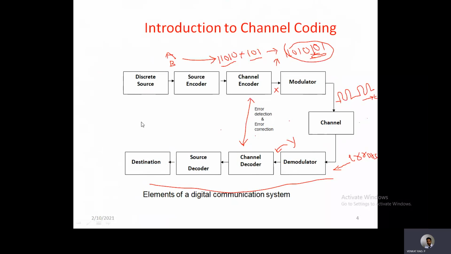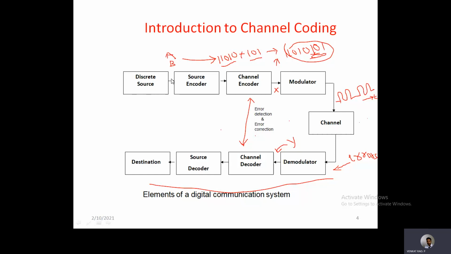Let us see how that message is transmitted and communicated to the destination mobile by using these digital communication elements. Let us consider it is a source, which is known as a discrete source. Let us consider it as a mobile. From that mobile keypad, you are going to type some message. That message will be typed in the form of symbols, numbers, special characters, etc. You can type A, B, C, D, 1, 2, 3, and so on, depending on your message. You can consider this a source which generates a discrete number of symbols one after the other. That's why it is known as a discrete source.